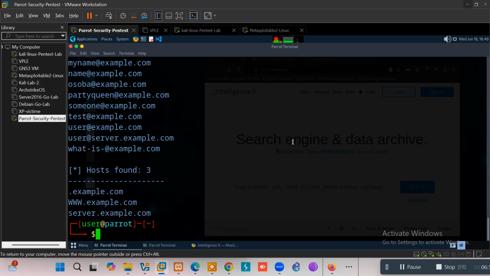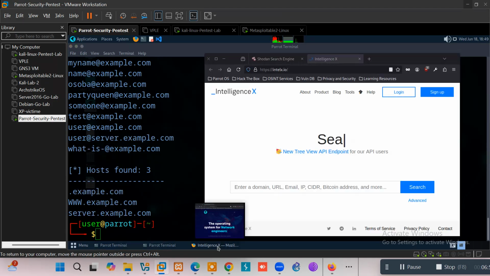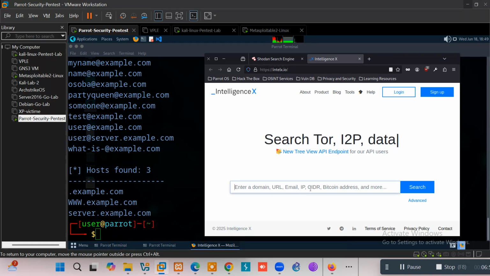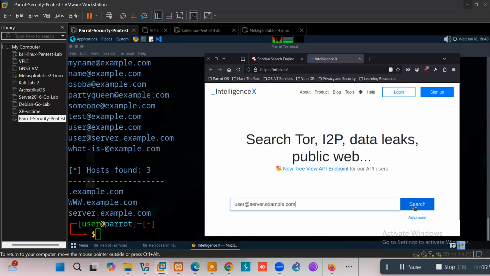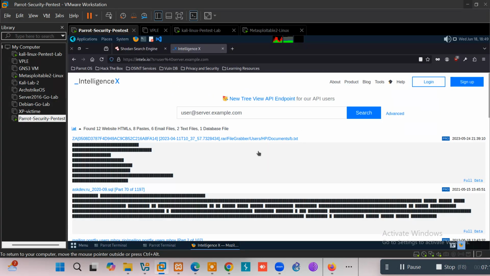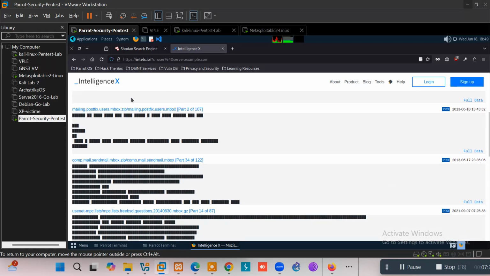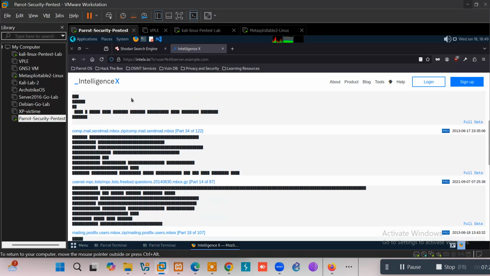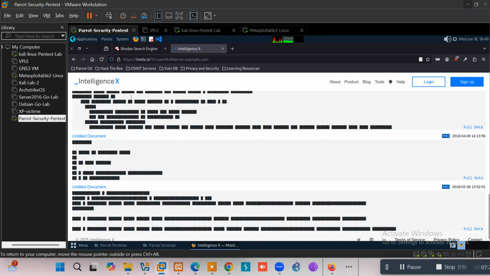you go to intelx.io to search, and you should get a result, right? Assuming this is a valid email, you should get search results from here. You can see there's a lot of results. It says 12 found, 12 website HTML and all that. So this is how to perform open source intelligence, information gathering, before you can actually